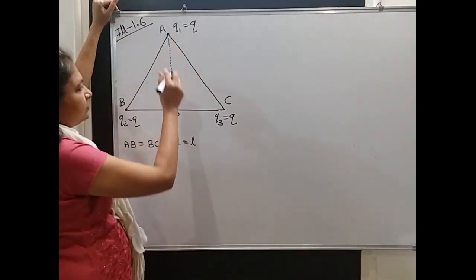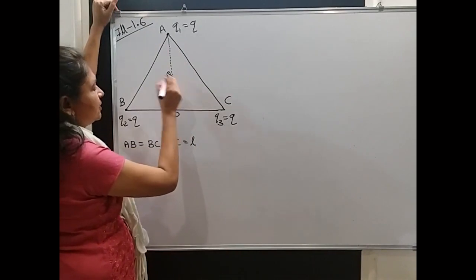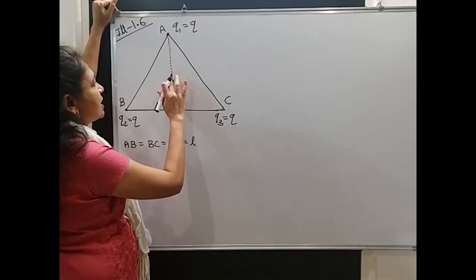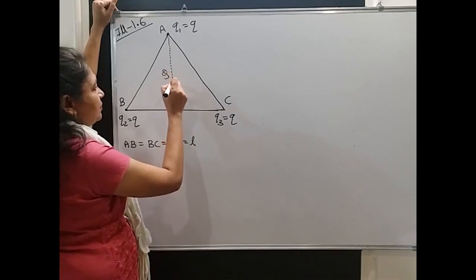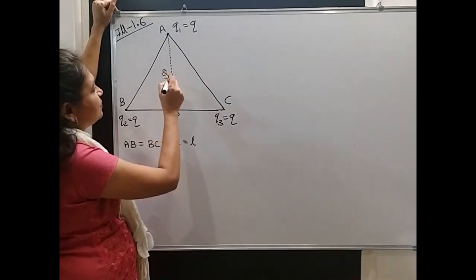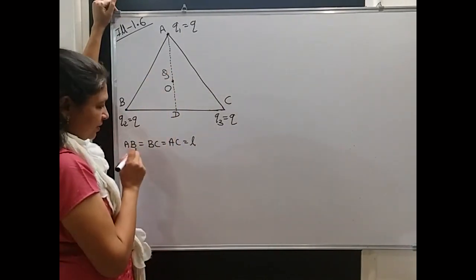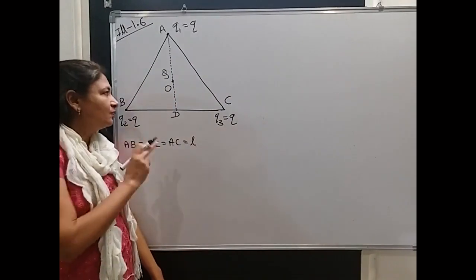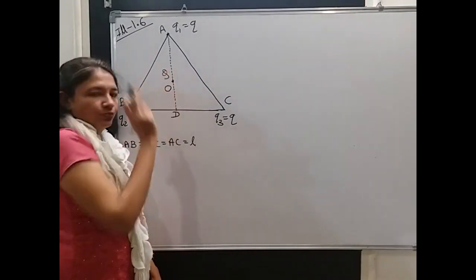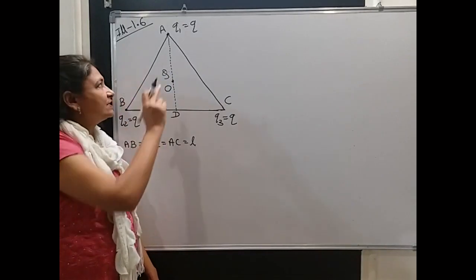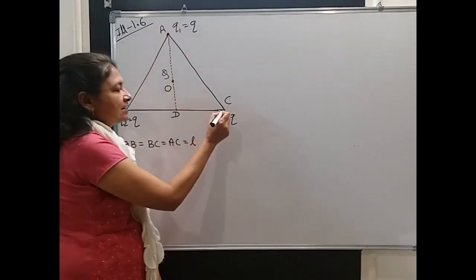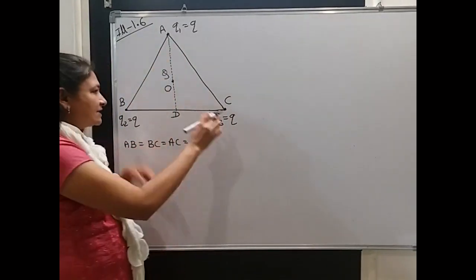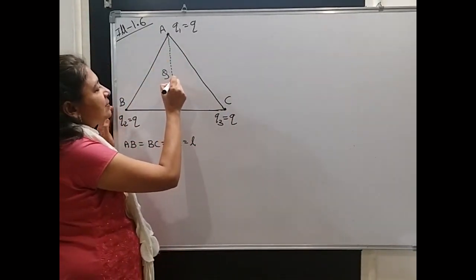Now this is the centroid, I have mentioned it as O. At the centroid, charge capital Q is kept. I want to find the net force acting on this charge capital Q. Now first of all, who will exert force on charge Q? Let us think. Who is present? One, two and three charges are present. So all these three charges will exert force on this charge capital Q.